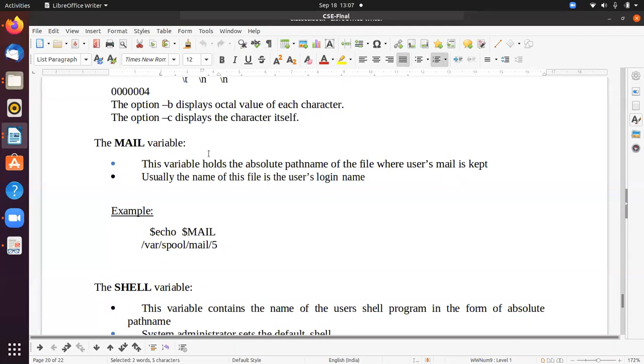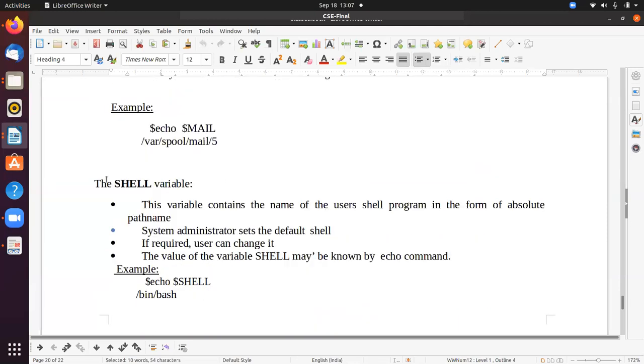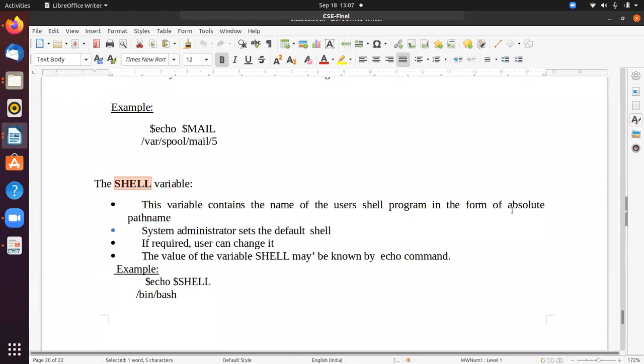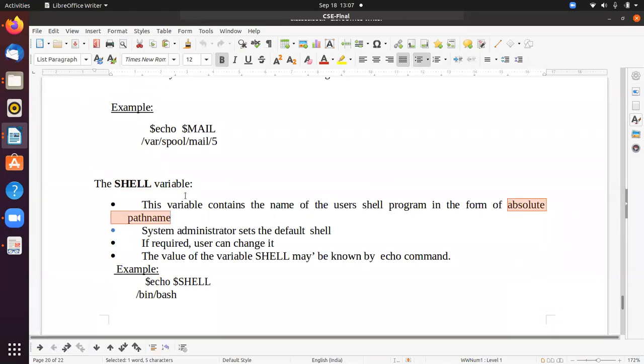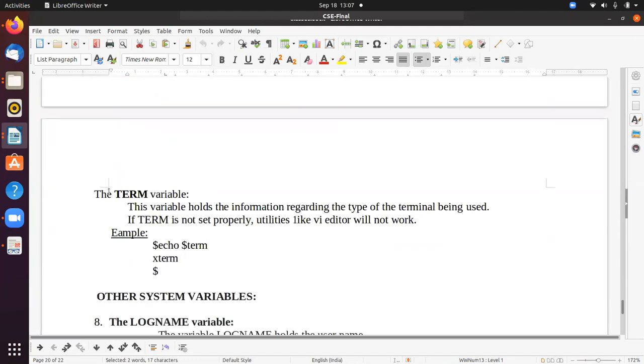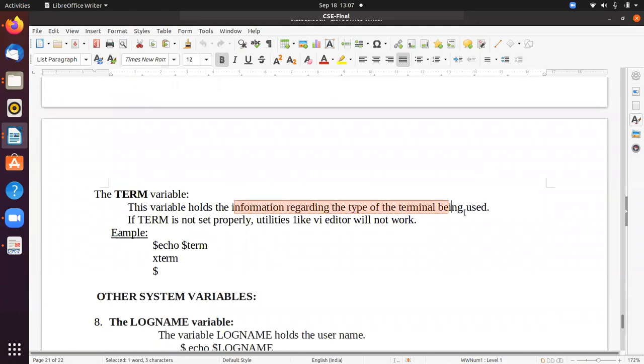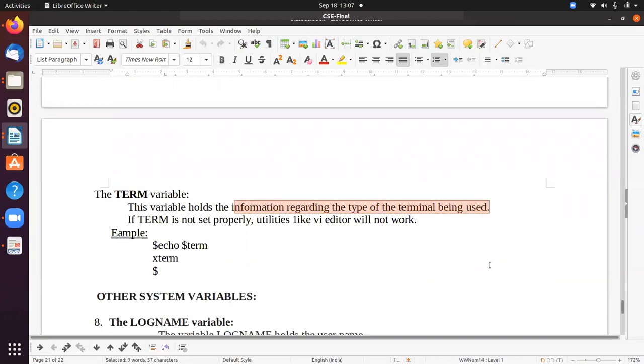The MAIL variable stores the absolute path of the file where the user's mail is kept. After that we discussed SHELL. The SHELL variable returns the absolute path name of the shell we are using.